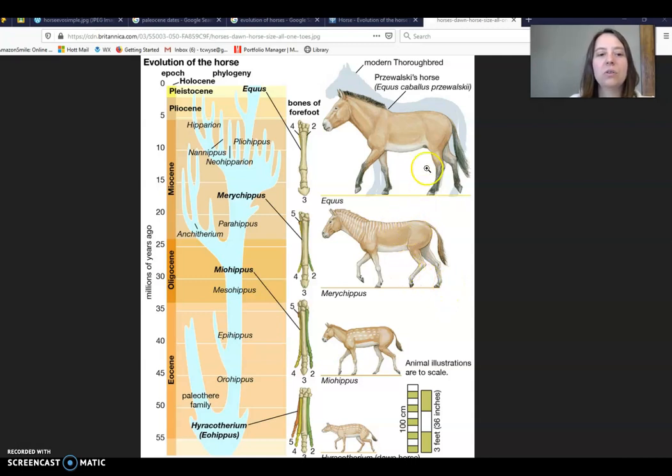And then going up to about 15 million years ago to the present day, we can see that the horses have gotten larger and that all of the toes have fused into a hoof. And then the modern day, you can see, is even bigger still, and that would be the present day size